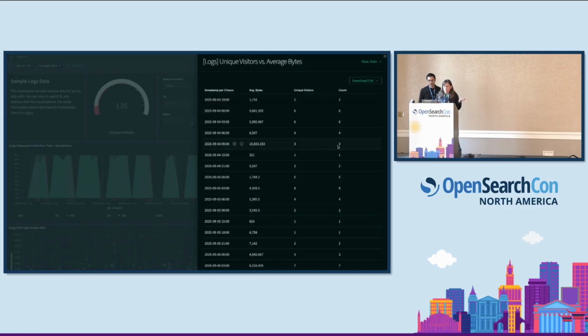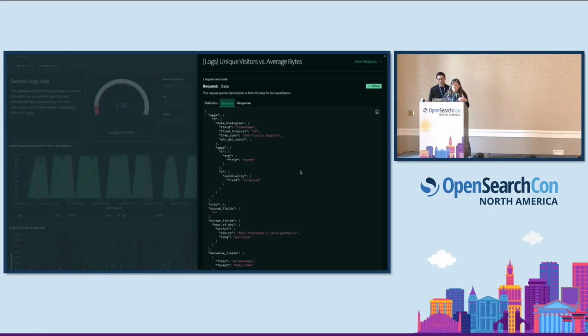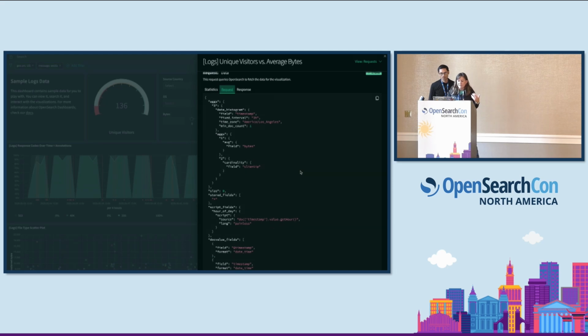First, you would go to inspect. You would get data, right? But then you'd have to go to requests. Requests are looking a little bit better. It looks like we have an index pattern that can be a source, that can be a start of a query. But then when you click into requests, we're like, all right, we're getting some JSON, we have some information,